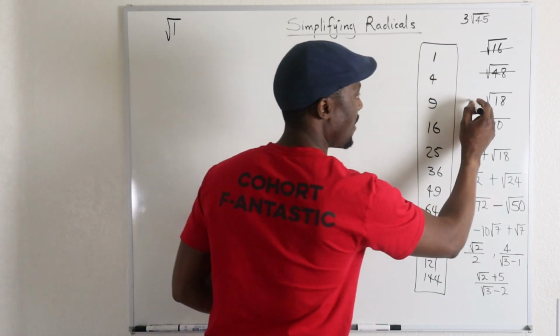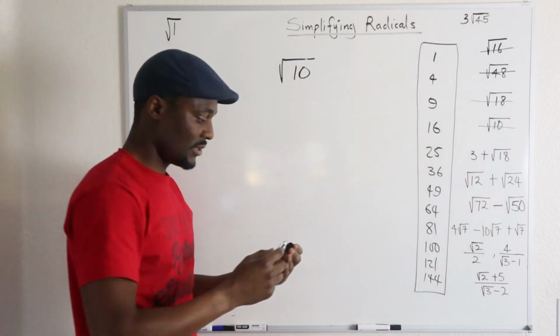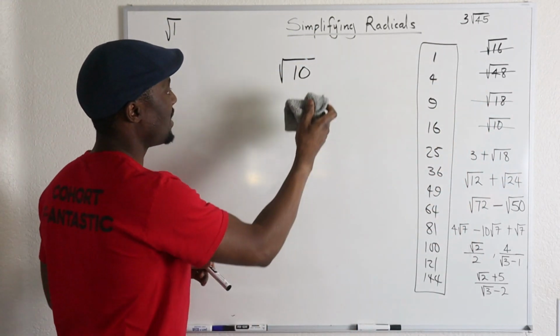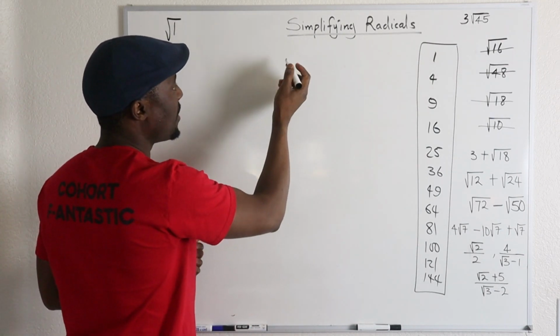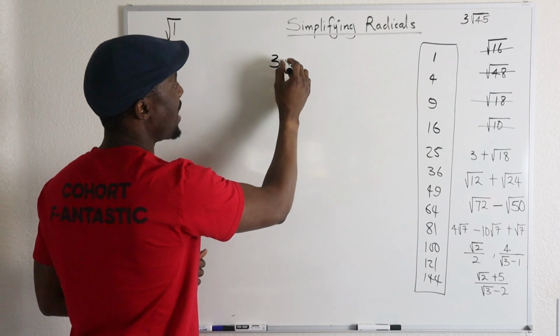I'll strike these two out. So let's go back to this and show you how you simplify that. So this is going to be 3 rad 45. So someone says simplify 3 rad